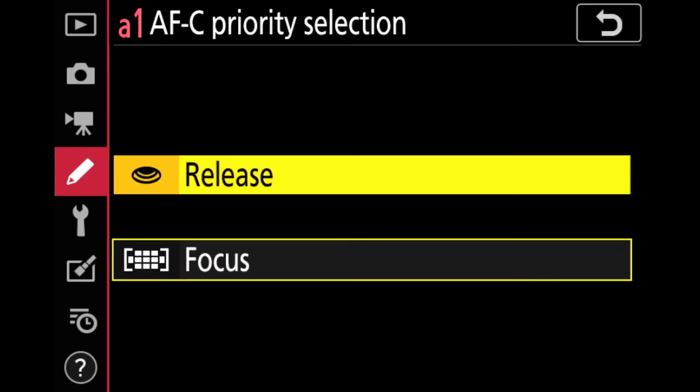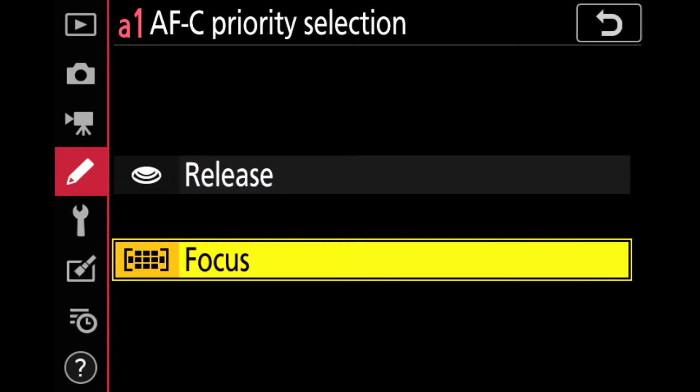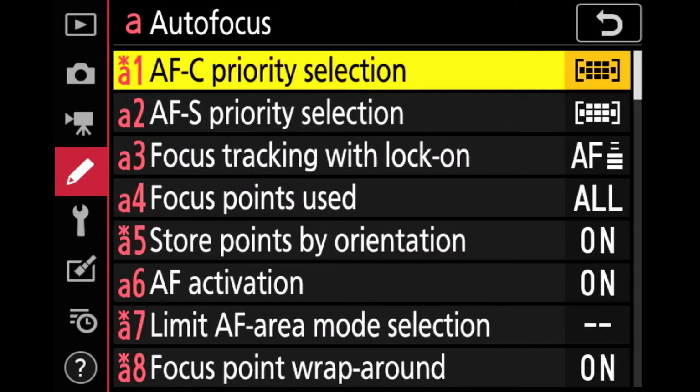When we select release, it means that even if your camera is not in focus, the camera will allow you to take the photograph. And when we select focus, we won't be able to take any photograph unless the subject is in focus. So usually I prefer to keep the selection as focus.